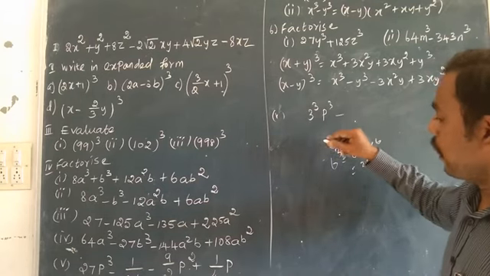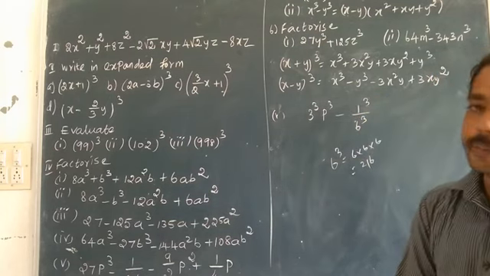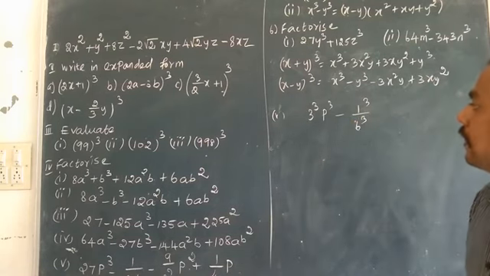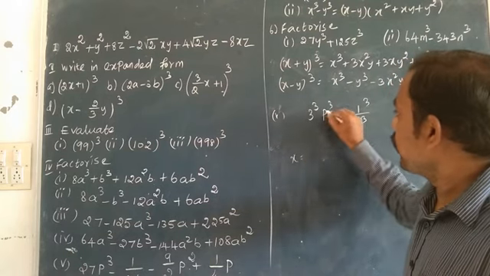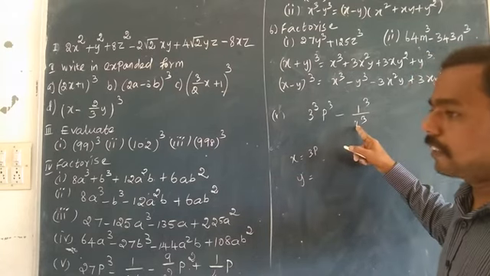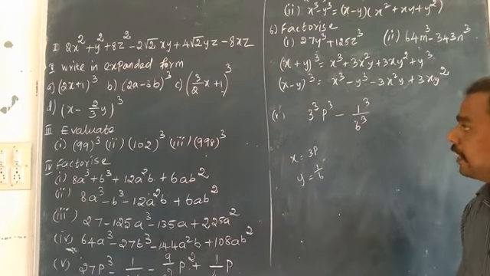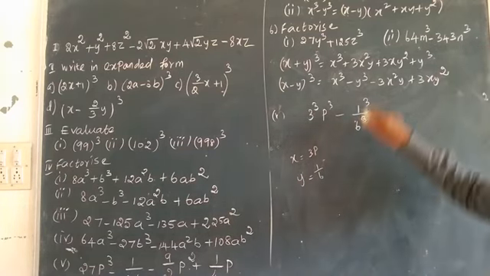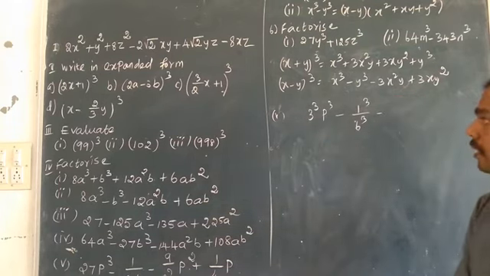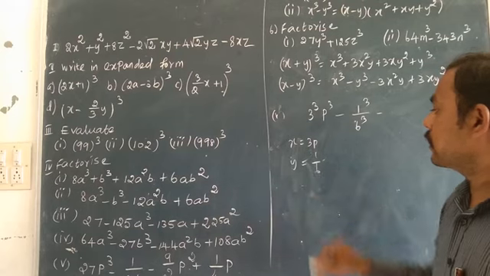So 1 divided by 216 we can write as 1 power 3 divided by 6 power 3, like that we can split. After that you can realize that this one is definitely the x value: 3 power 3 b power 3 we can write as 3b whole power 3, and the y value is 1 power 3 divided by 6 power 3, it's 1 by 6 whole power 3, y value 1 by 6. Okay, you identify what's your x value and what's your y value. Now substitute here, that is minus. I have written x cube minus y cube. Now x equal to 3b and y equal to 1 by 6.